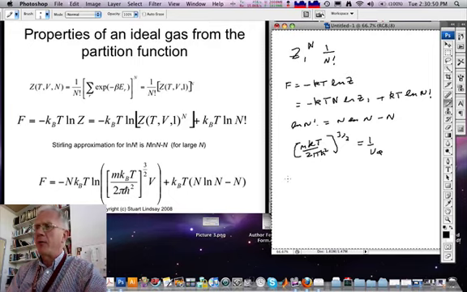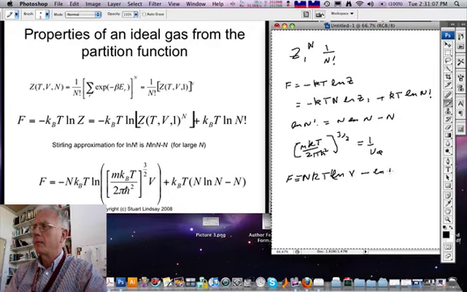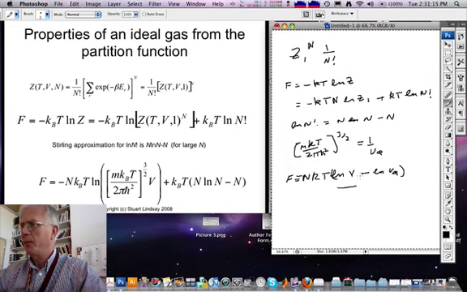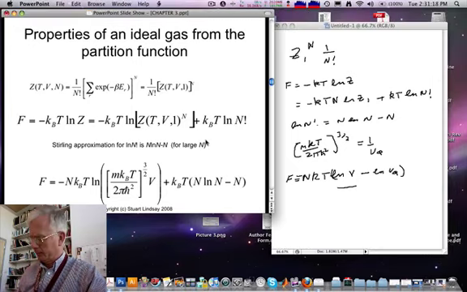The first part of the free energy becomes this. So when we come to take derivatives to derive the pressure, which we will do on the next slide,